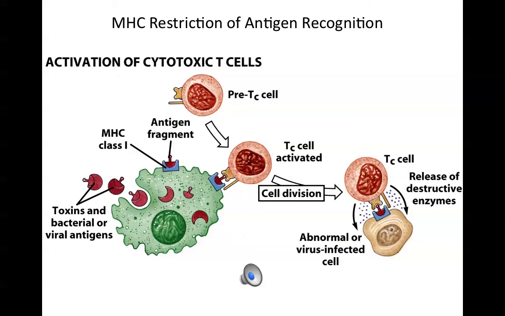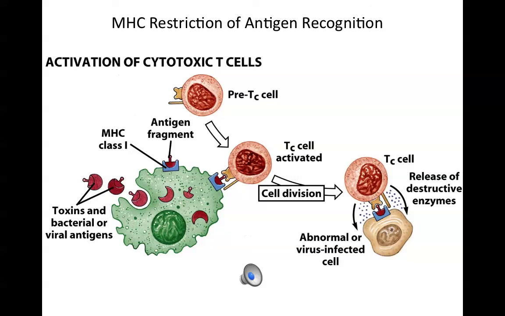These sort of pre-T cells, CD8 positive, interact with the fragment or the antigen in the MHC class 1 marker and get alerted by direct contact. So these cells really do lock together briefly, and it's almost as if these cells are detecting different chemical signals with a lock and key, or what's called an induced fit mechanism. They interact with one another directly. The information is essentially chemically transferred from one cell to the next, and this CD8 T cytotoxic cell now becomes